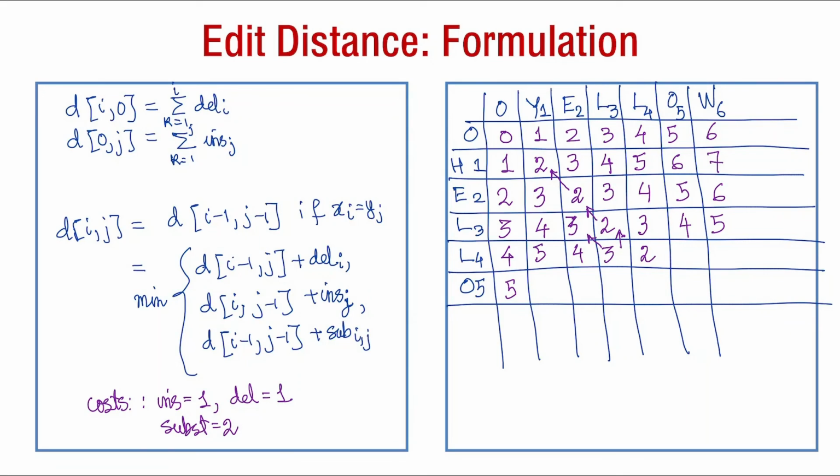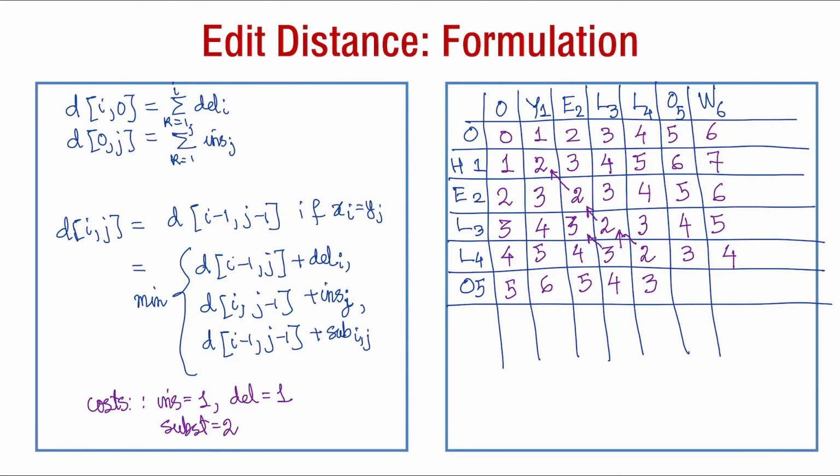Once this L becomes 2, because it will come from this diagonal, this will be 3 and this will be 4. Finally, this will be 6, this will be 5, this will be 4, this will be 3, and this